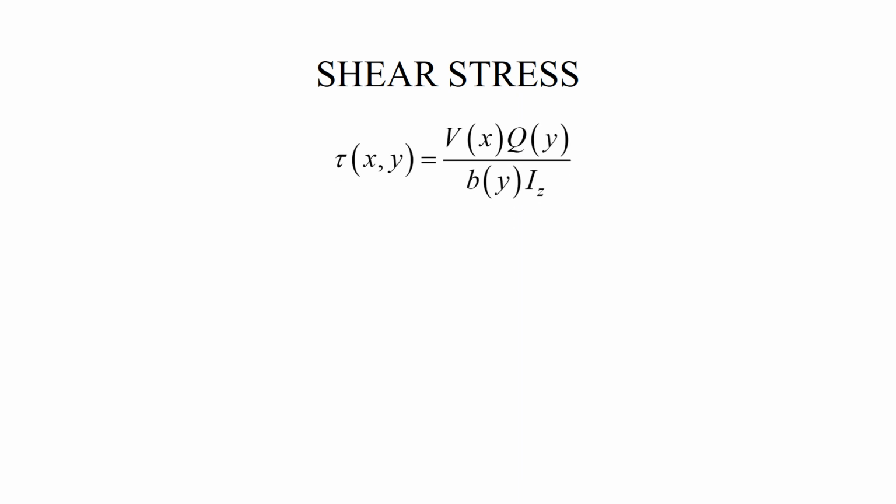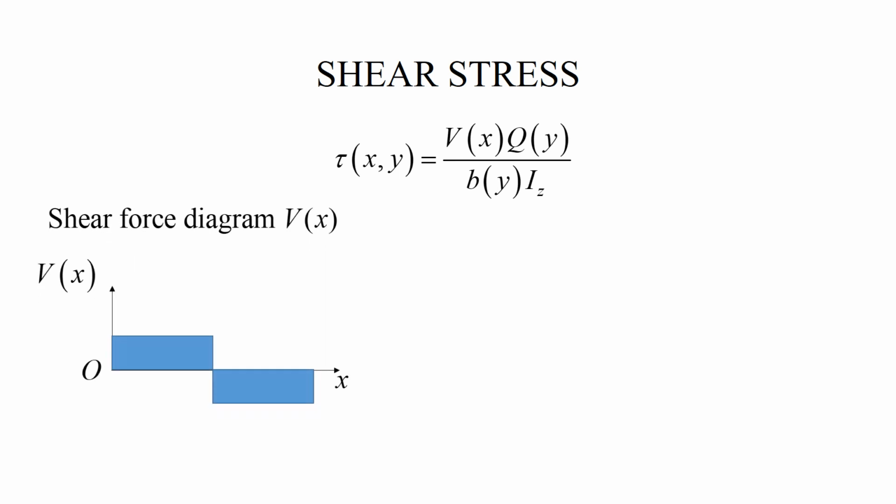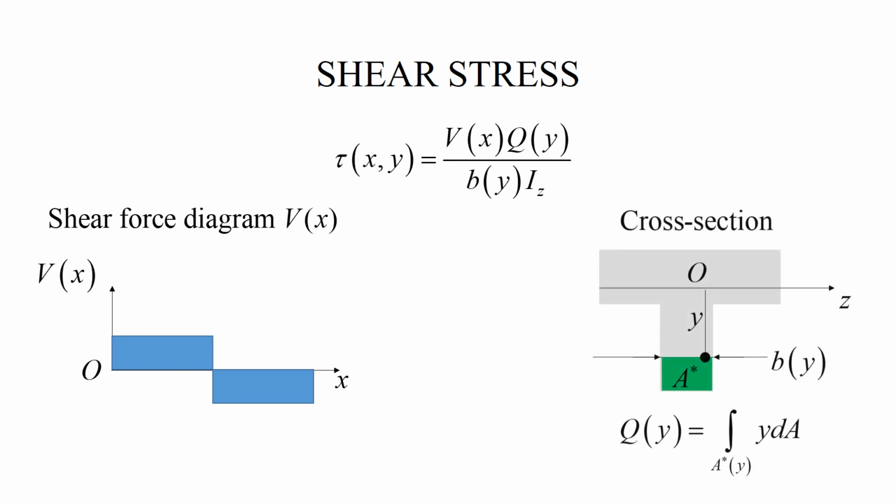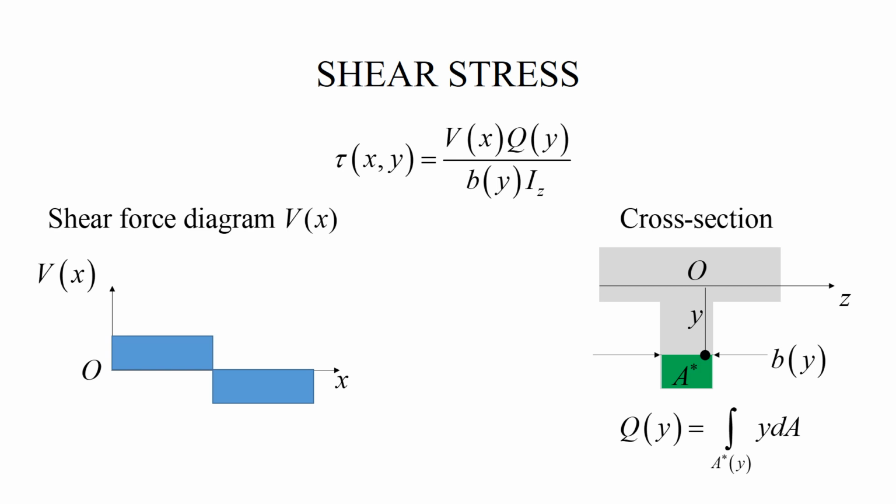For the shear stress, the formula is a bit more complicated, but there are similar features as in the previous formula. In particular, we start with identifying the shear force diagram for V. Iz, Q of y, and b of y are cross-sectional entities. To define them, first we identify a point of interest shown here by a big dot. Then we look at the horizontal line